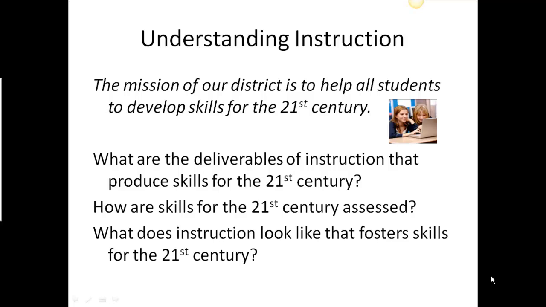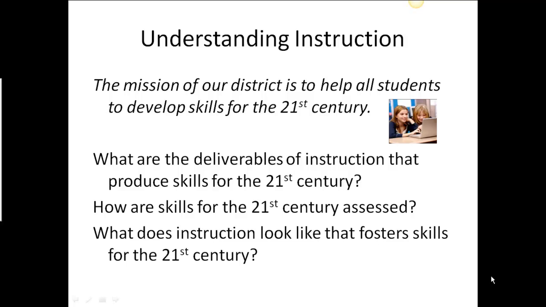So again, these are just 3 core questions promoted by Wiggins and McTighe in terms of trying to create an understanding by design approach to instruction. And all I've done here is actually connected those to mission for you to be able to understand that you don't have to have a mission statement that's meaningless. In fact, there's a lot of power in your mission, and if you look to it and use it wisely as an instructional leader, it can be a wonderful tool for you to be able to really attain the value that's possible there in the instructional processes.